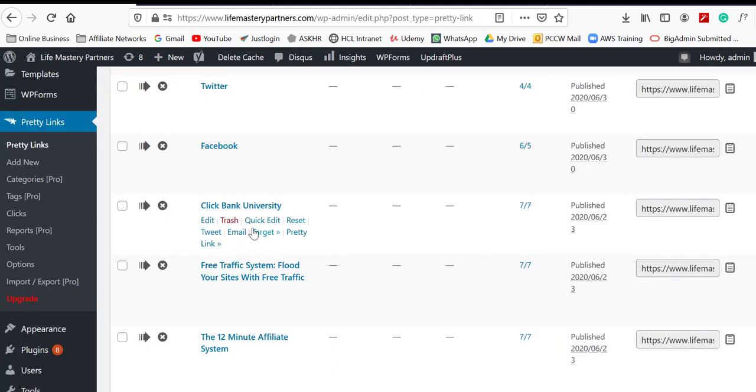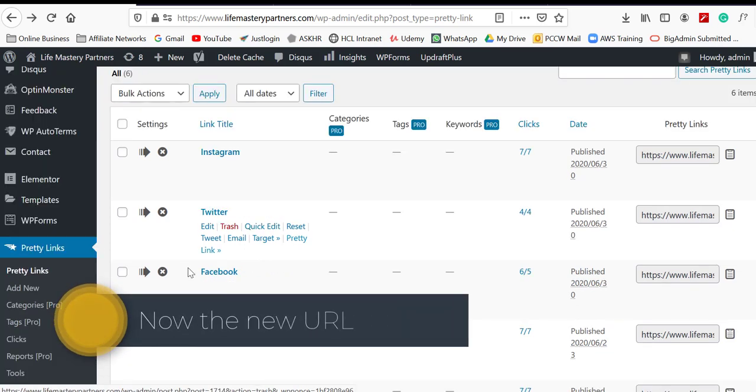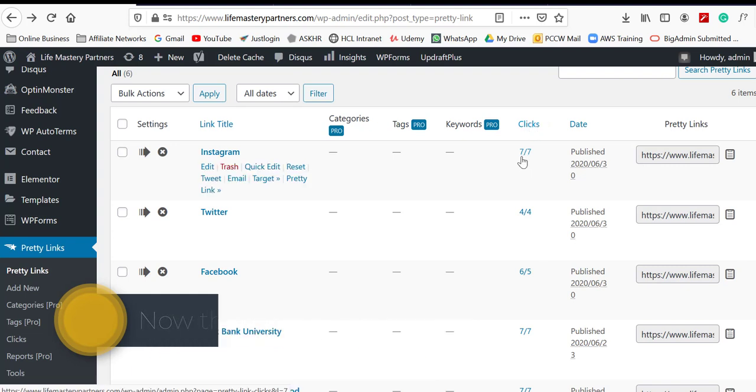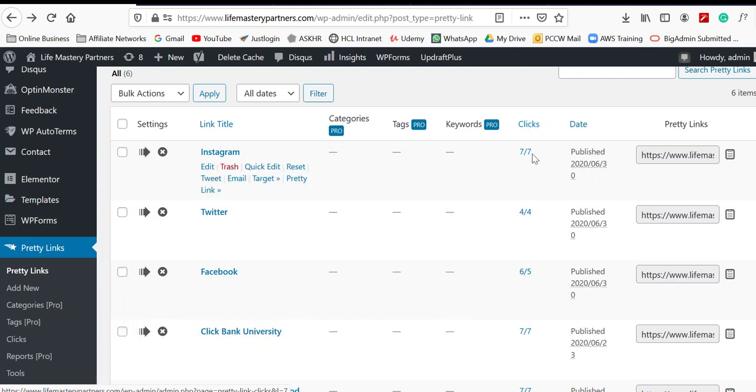Now we have successfully cloaked the affiliate link. In this Pretty Link dashboard, you can see under the clicks tab the number of clicks and the number of unique clicks. It is really helpful to know how our affiliate link works.